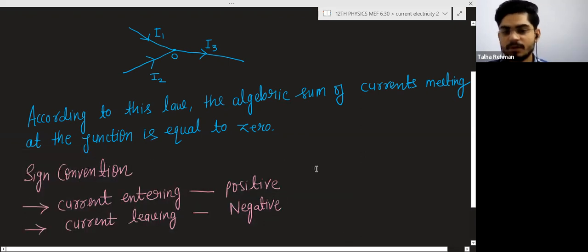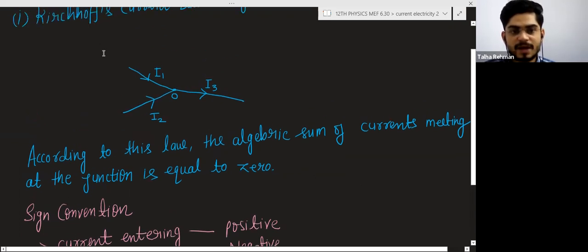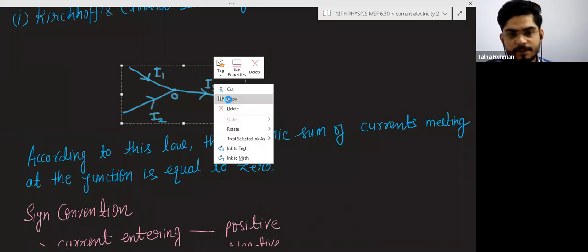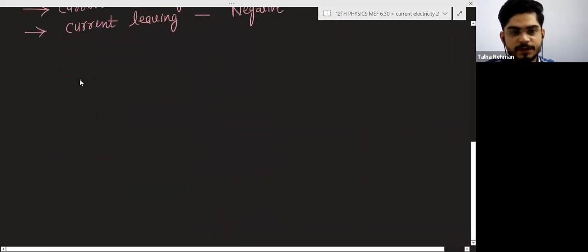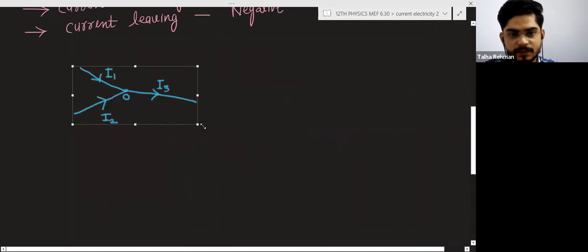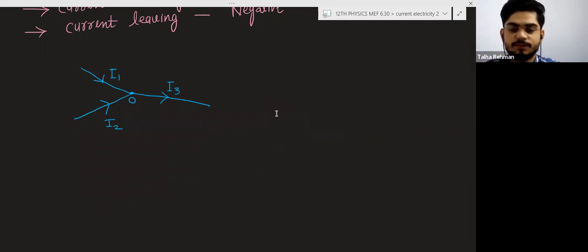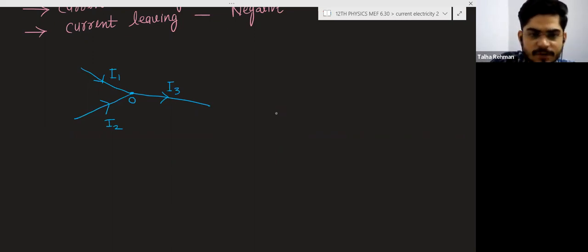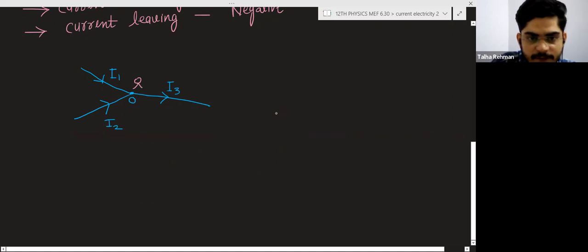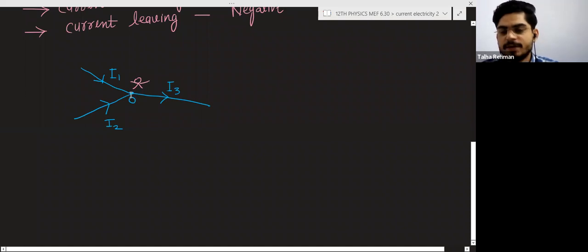Okay, so I am taking this diagram again, and now we will apply Kirchhoff's current law on this wire. At the junction, the summation of all the currents is zero. Algebraic sum of all the currents is zero, which means we will take the current with sign. So if you want the sign of the current, just suppose that you are here. Now you have to add all the currents,